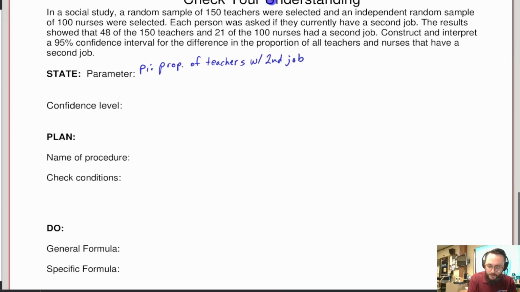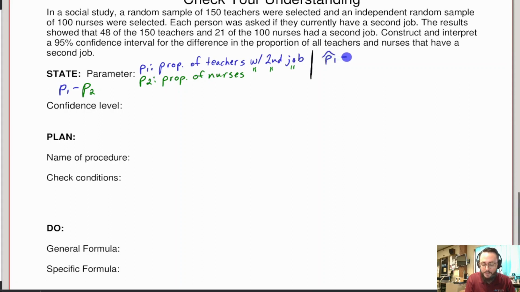We'll do green for p2, which will be the proportion of nurses with that second job. Now, the thing that we are finding is p1 minus p2. So we want the difference between these,